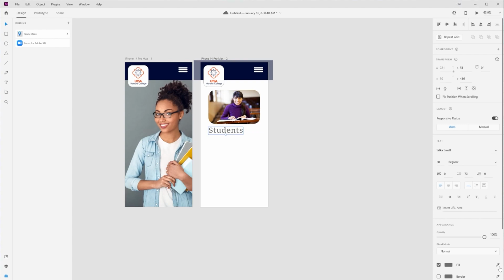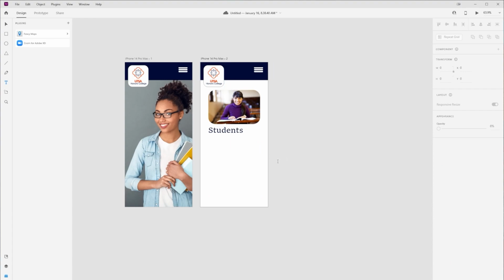I can change that color. I can eyedrop that color. So if I wanted to bring back that blue from the top, I can just use that eyedrop tool and do that. And then I want to add in some filler type. Now this could be anything you want. It could be real type for your real project. But what I'm going to do is just use some filler type. And right now, notice that this is at a font size of 50. I don't want that. I want it to be much smaller. I'm going to make it 12 point. And then I'm going to get some filler type for this.